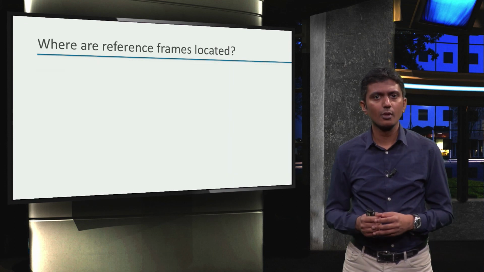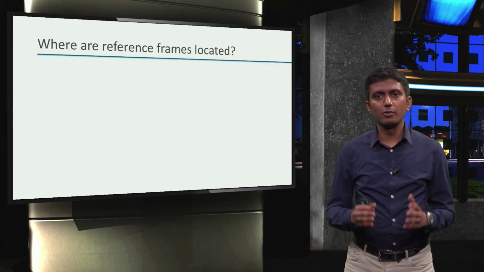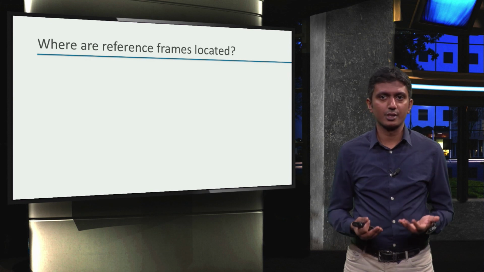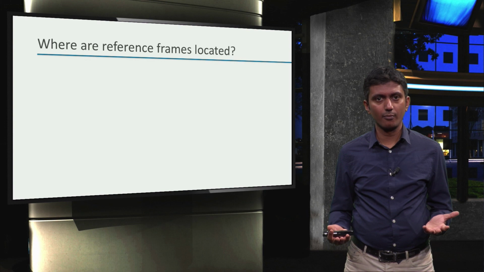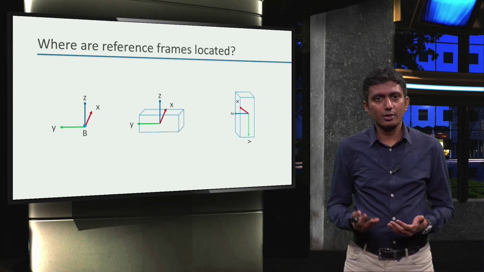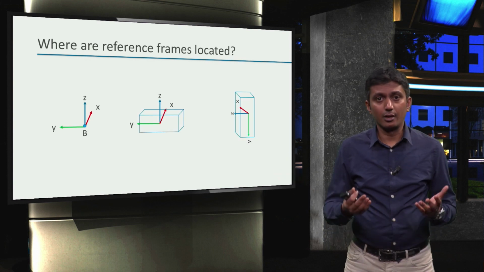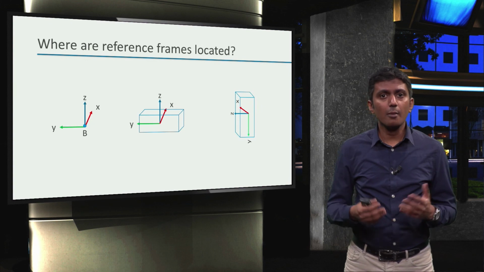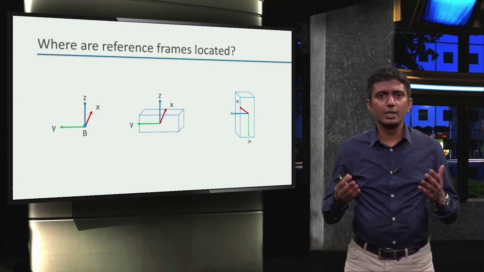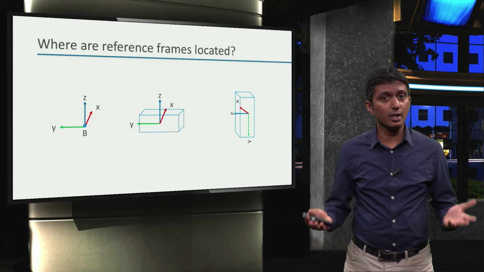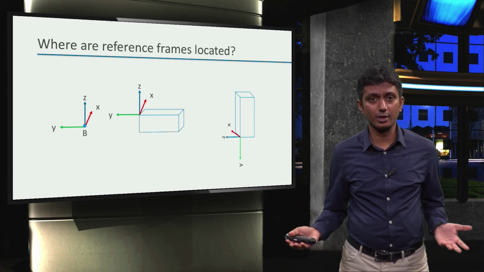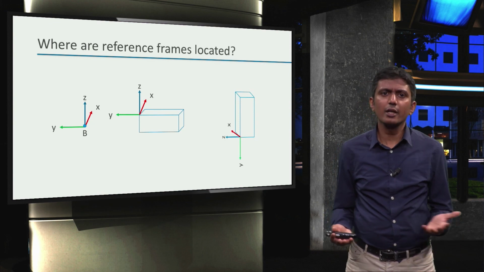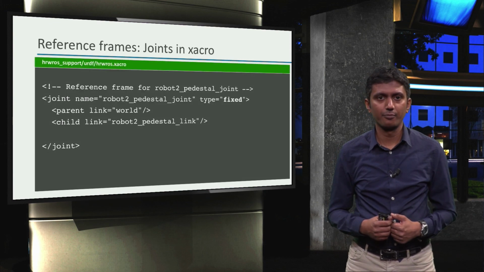Alright, now that we know how the reference frames are created within ROS, let's find out where they get defined. I mean, we saw these reference frames, right, and also the objects, but how did we know that the reference frames should be placed where they are? Why not like this? That should also be okay, right? So, where can we find this information then?